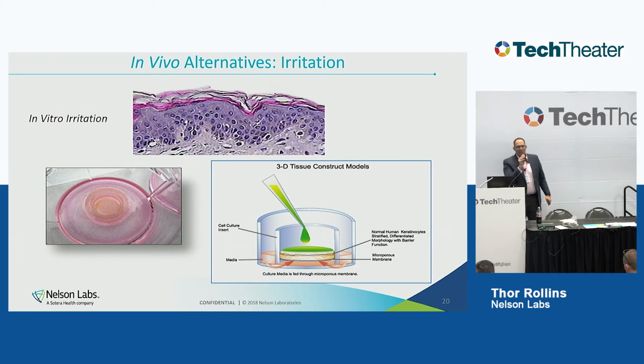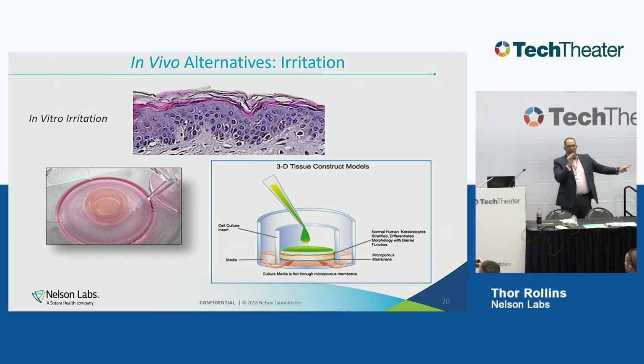So this in vitro irritation actually uses those exact same reconstructed human epidermis skins that we talked about. So that's also the benefit, we're using the exact same skin cells or skin tissue that we're using for sensitization. And we actually test it exactly like we would any other medical device. So we extract this medical device in a polar and non-polar. We actually use saline and cottonseed oil or vegetable oil just like we would with any other animal test. The only difference is instead of injecting this into guinea pigs or into rabbits, we put it on the top